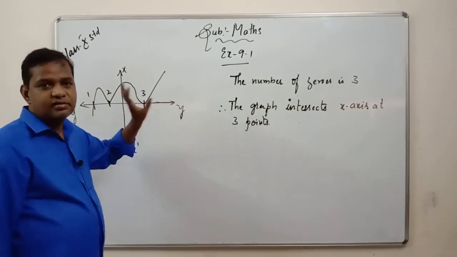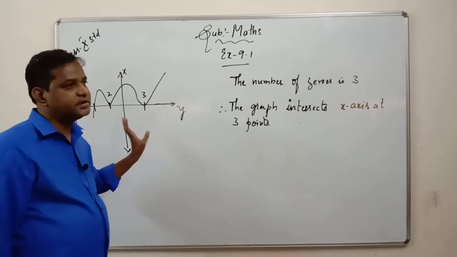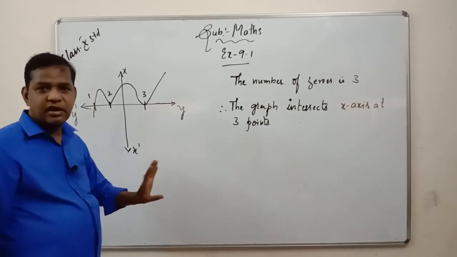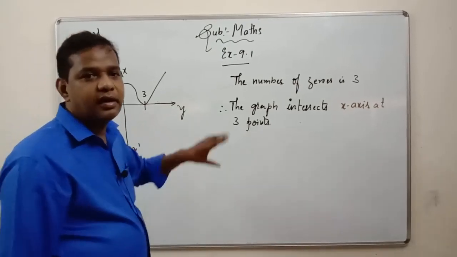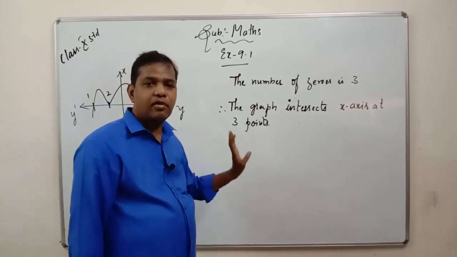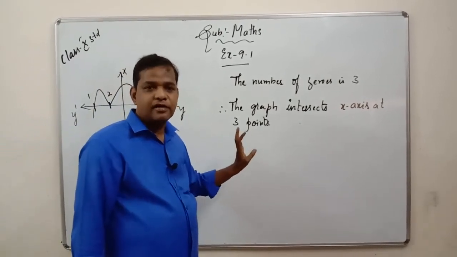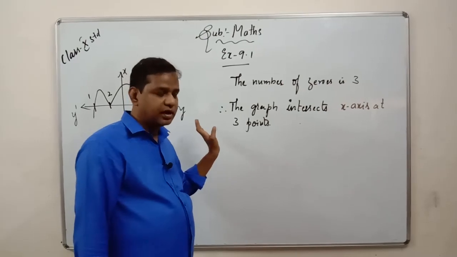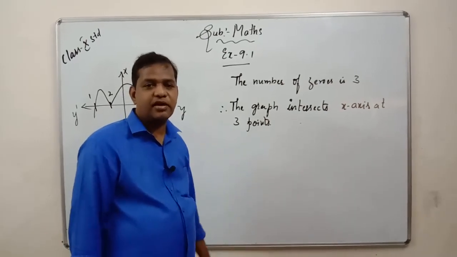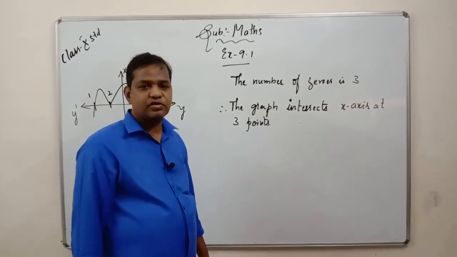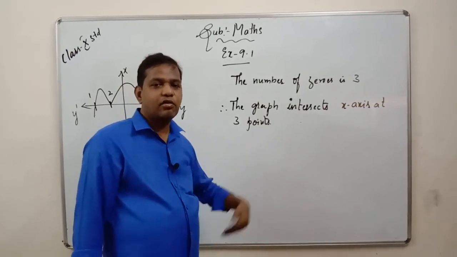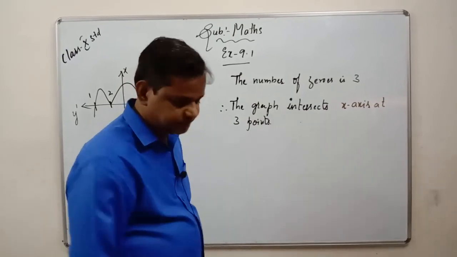100% you will get any one question. In the 6 graphs, you may be asked any one graph, or from the graphs which I made you copy on the board, in that also you may be asked any one. So totally I have done nearly 10 to 15 graphs on the board. So in that you may get 1 or 2 for 1 mark or 2 marks. Okay, let us go for the next subject.